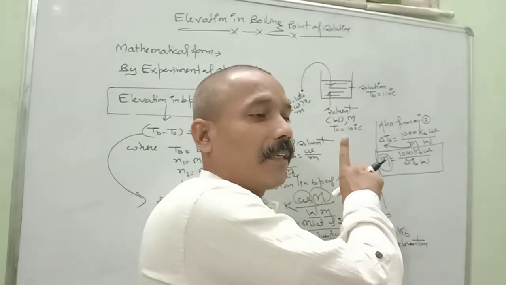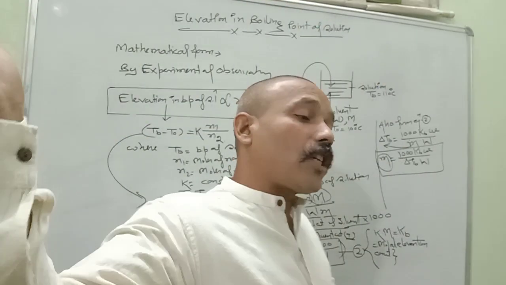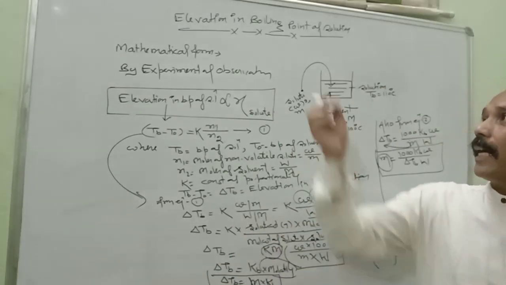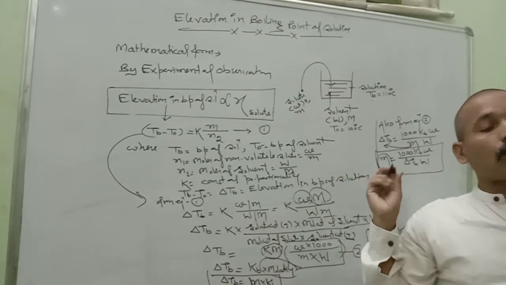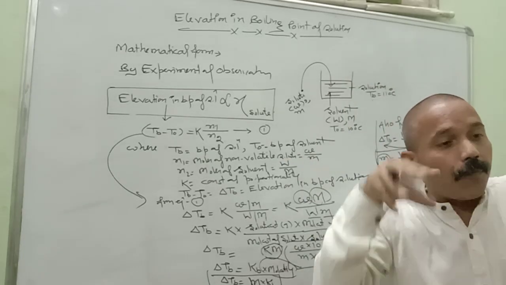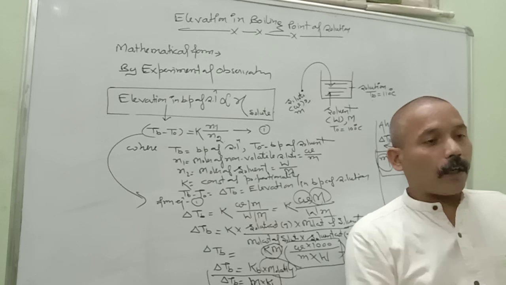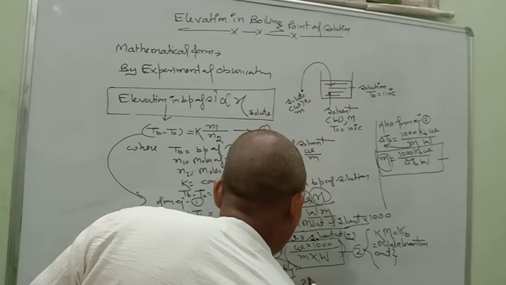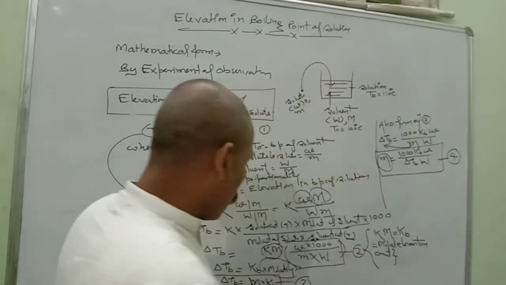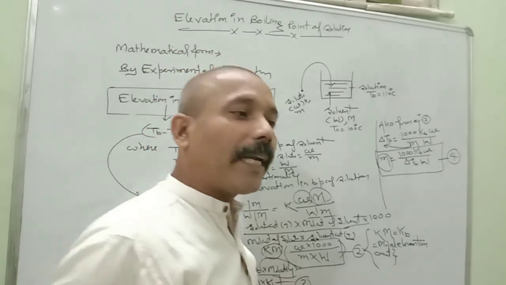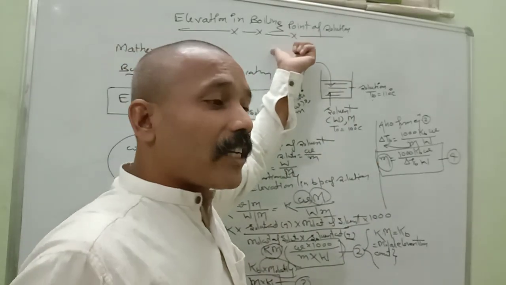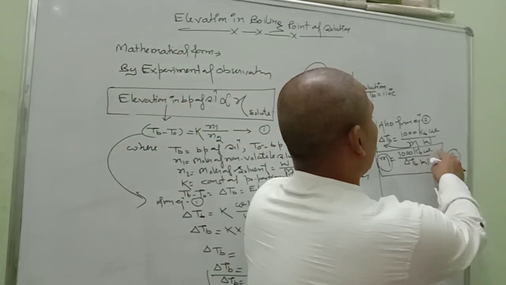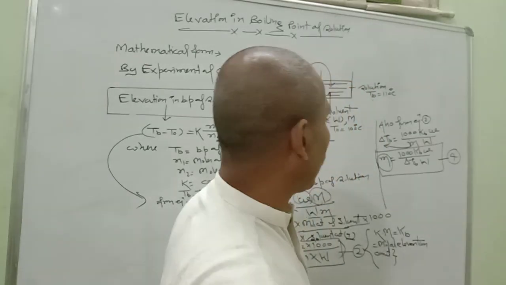That was the main purpose. What was the main heading? Method of determination of molecular weight of the non-volatile solute. In Raoult's law, we calculated small m. In derivation, now we are going to calculate small m. So in all the 4 properties, we will mainly focus on small m, the molecular weight of the non-volatile solute. So this is equation number 2, equation number 3, and equation number 4. Equations 3 and 4 are the required mathematical forms of elevation in boiling point: equation 3 in terms of molality and equation 4 in terms of weight in gram. These are the important mathematical forms.